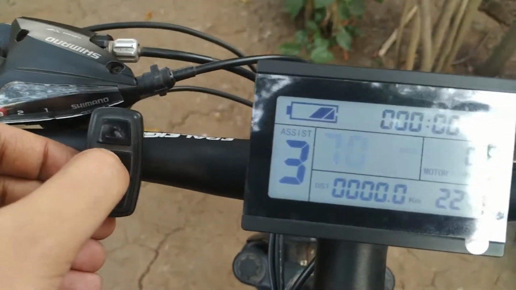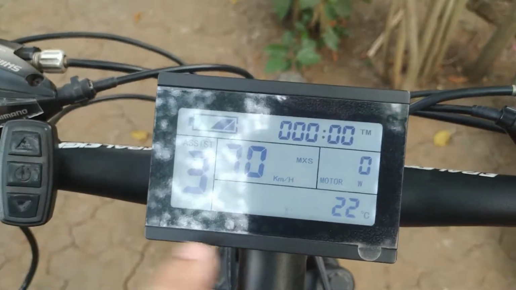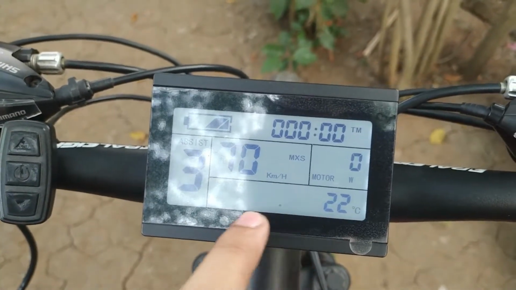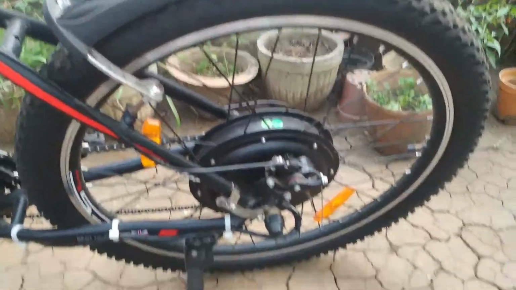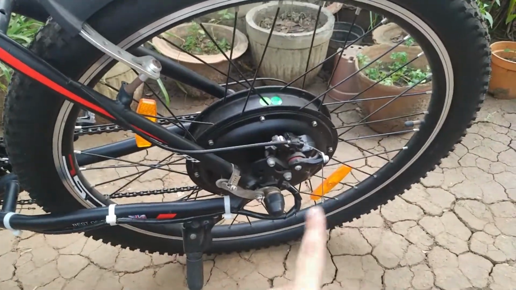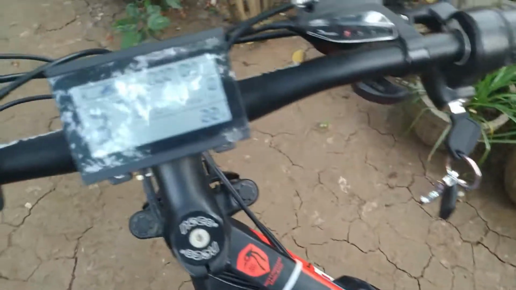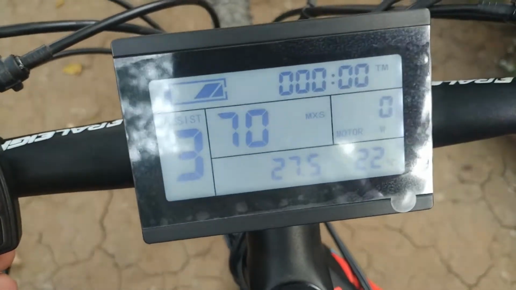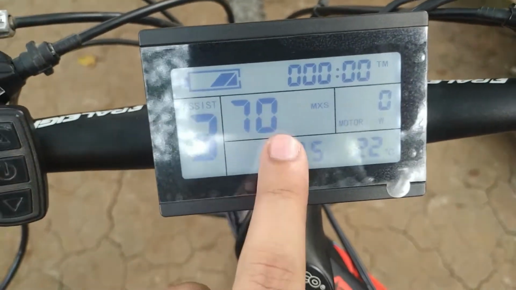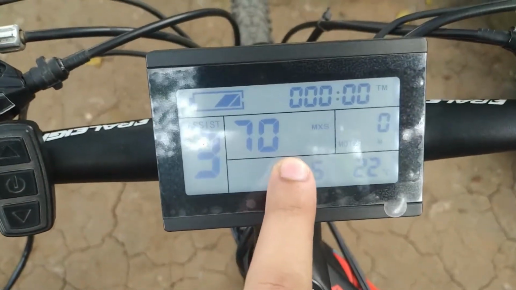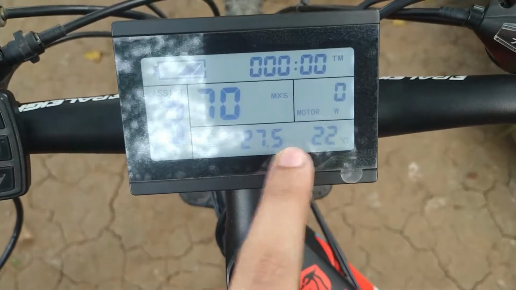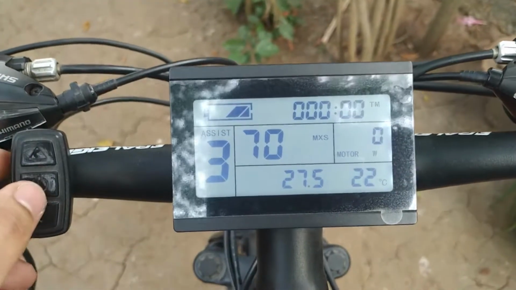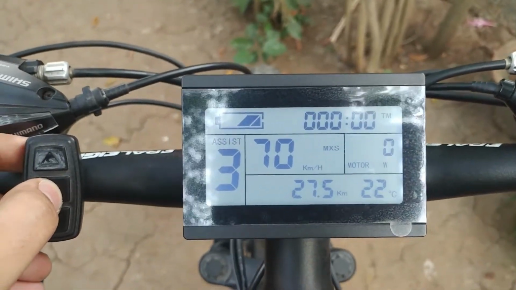Then if you press the power button again, it is showing the wheel size, meaning the hub size and actually the actual wheel size of your cycle, which I've set to 27.5 here, as you can see. Then pressing again, it is asking for the metric system. As you can see, I have set it for kilometer per hour and kilometer. And then if you press again, yep,